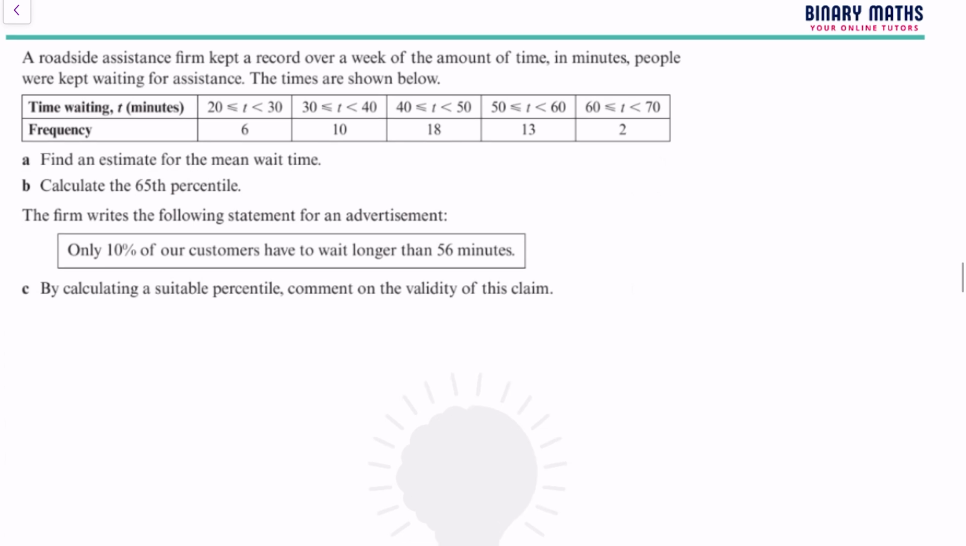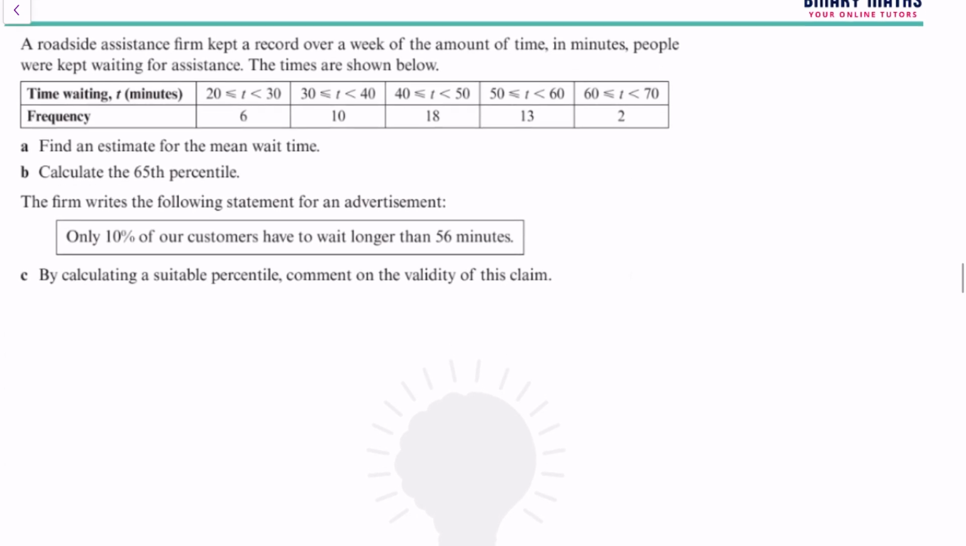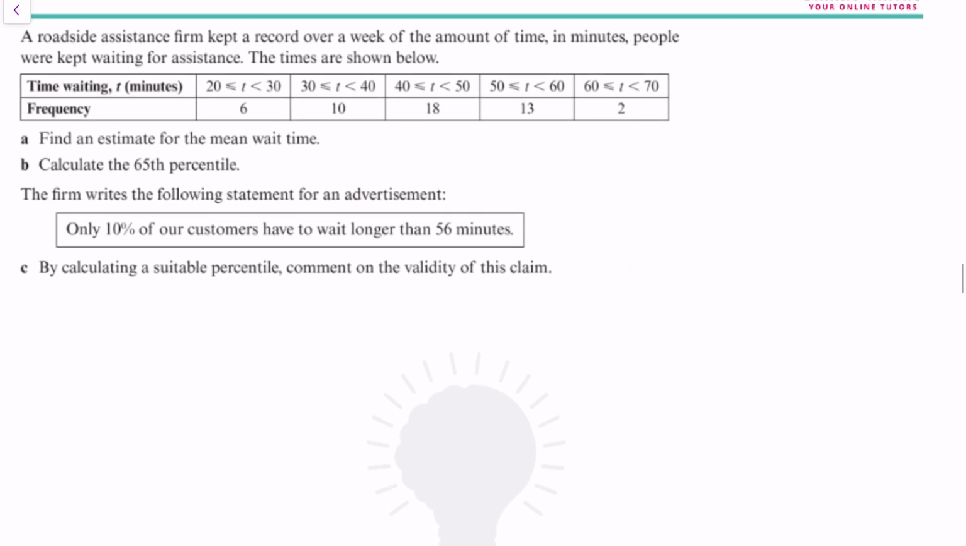A roadside assistance firm kept a record over a week of the amount of time in minutes people were kept waiting for assistance. The times are shown below. Find an estimate for the mean wait time. So A will be equal to X bar. Because it's a grouped frequency table, it's the sum of f times m over the sum of f, where f is the frequency and m is the midpoint